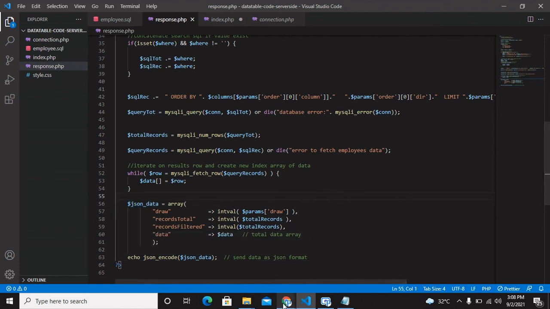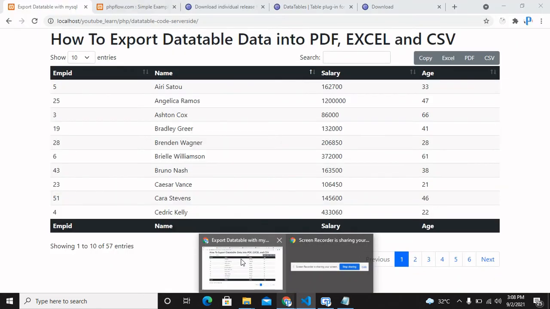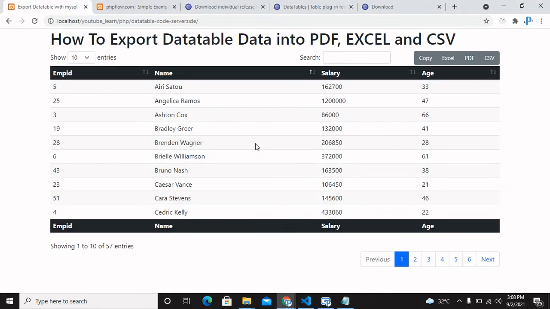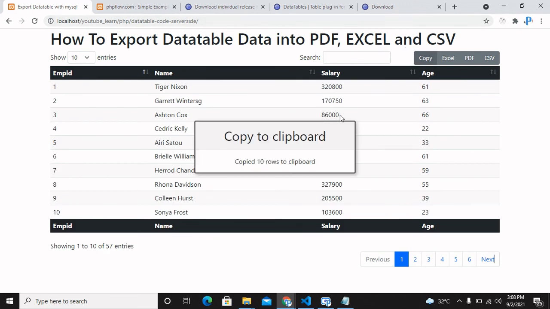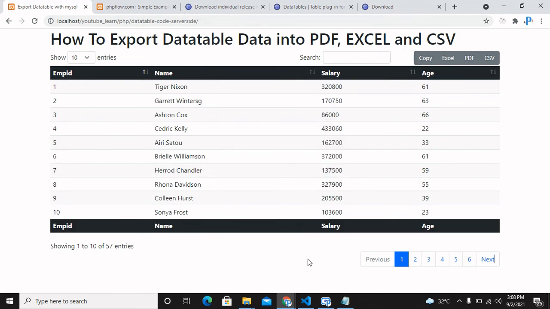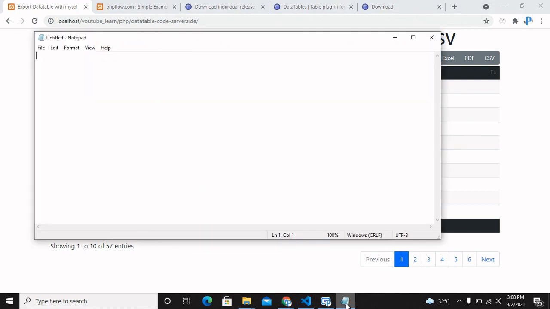So this is all of the code for how to export data from the DataTable into CSV, Excel, and PDF format. We can test in the browser. If we click the copy button, it will display the message that the records have been copied.